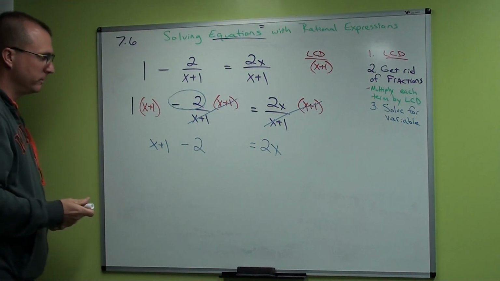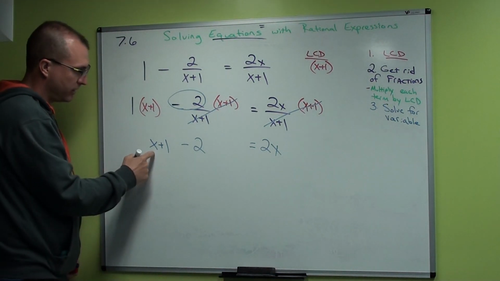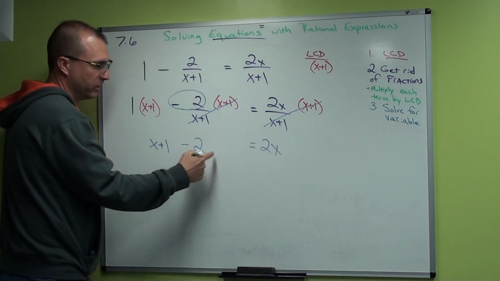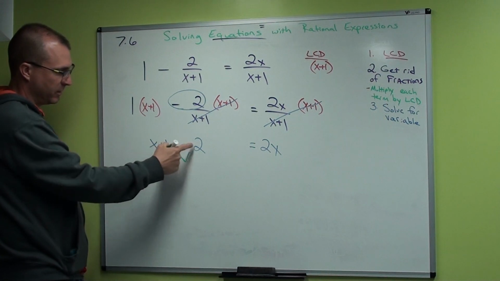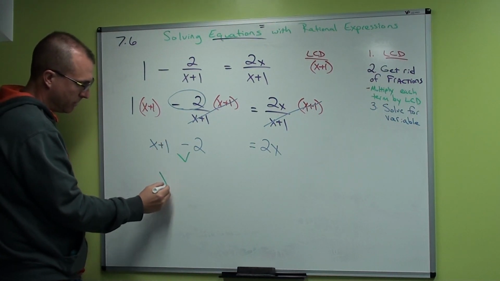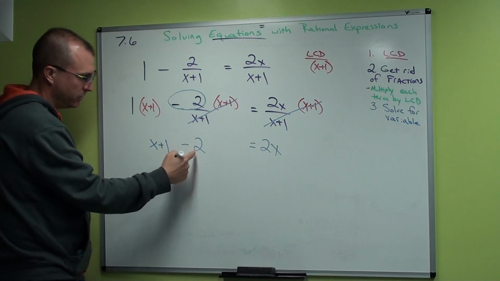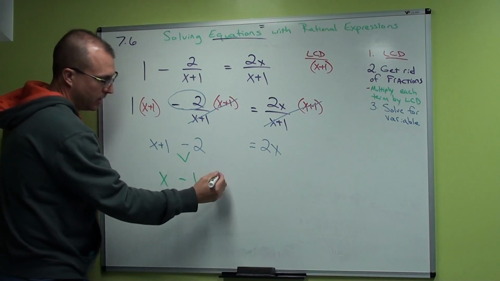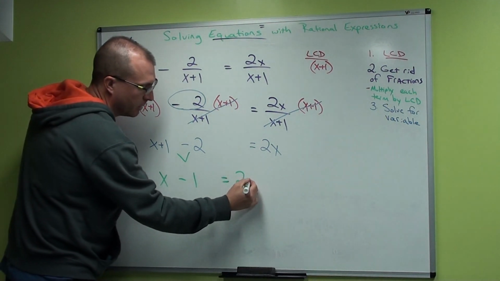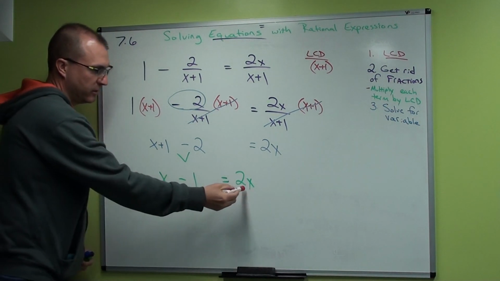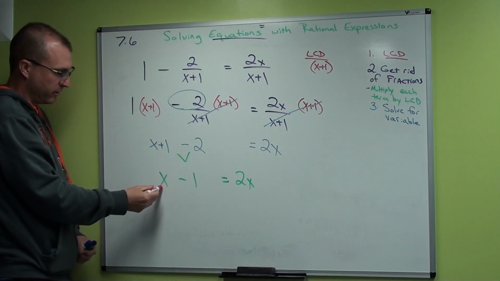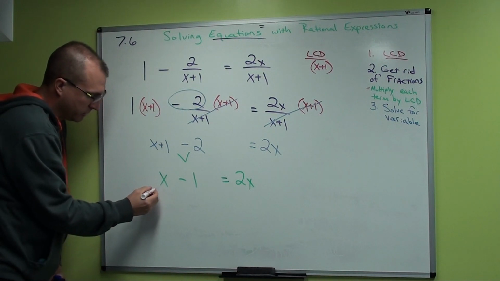Alright, now we do combine like terms. We have x plus 1 minus 2 equals 2x. So we have to do this part first, combine our like terms. So we're going to come out with x. 1 minus 2 is a negative 1, and that's going to equal 2x. So my numbers here, this is positive and it's bigger than our other variable. So I'm just going to subtract my x